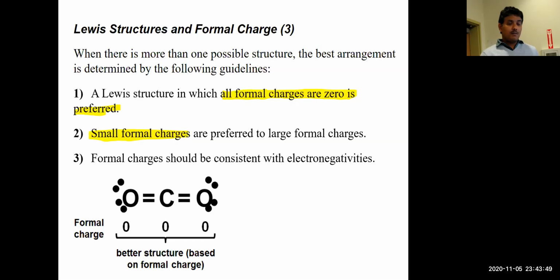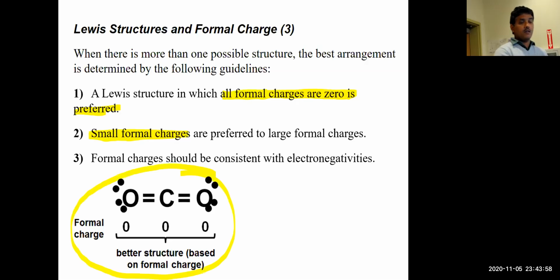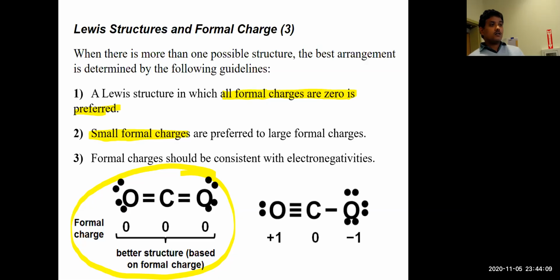So look at this structure here. This is the best possible structure. When we say get a structure with zero charges, this is the best possible structure. Each atom in CO2 has zero formal charge. Fantastic. This structure is wrong